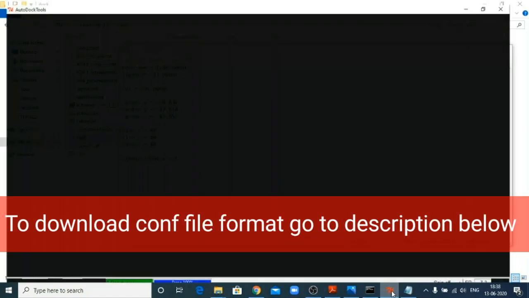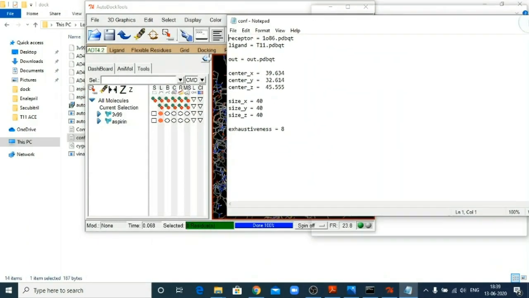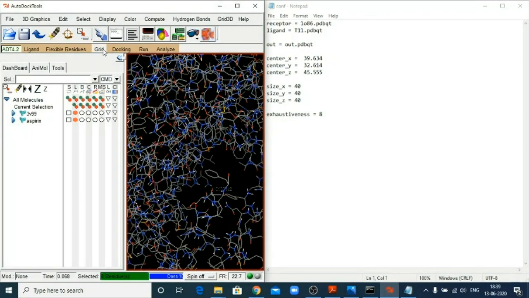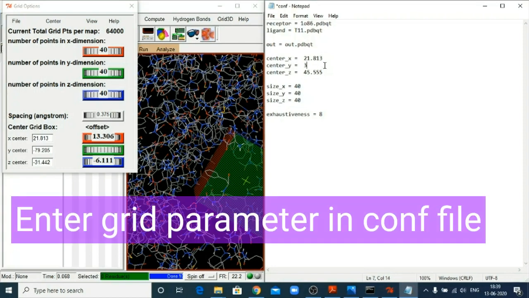In that conf file, the parameters I have to set are of the grid box. So 40 40 40 is already set, but here it is 21.813, second minus 17.05, third minus 31.04.